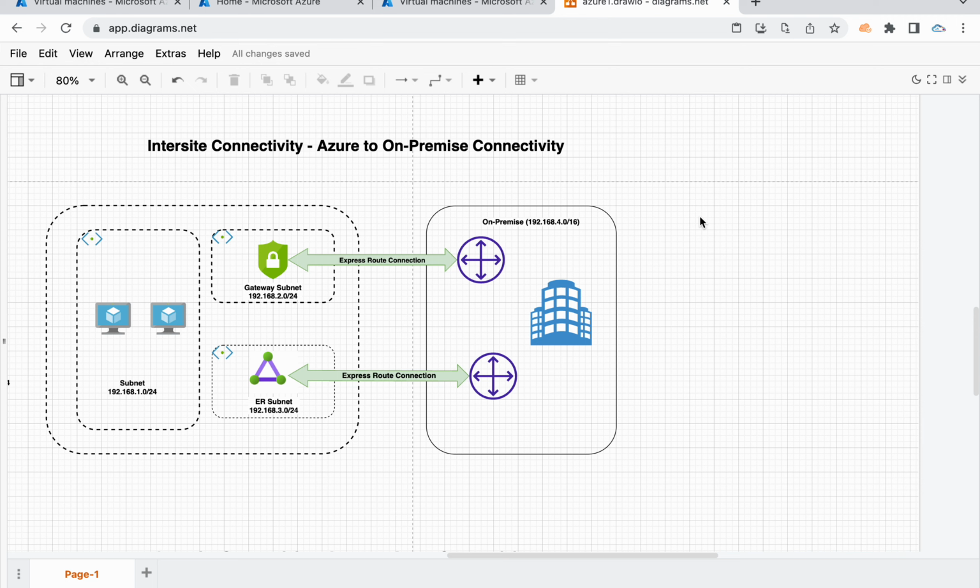The first option is to deploy a gateway subnet. Basically, this gateway subnet will have a VPN gateway. Once we deploy this VPN gateway, we can enable site-to-site VPN connectivity from on-premise to the Azure gateway. So that is one option. We are going to have a device in on-premise, and by configuring that with the gateway deployed in our gateway subnet, we can enable communication. So that is one option. The second option is